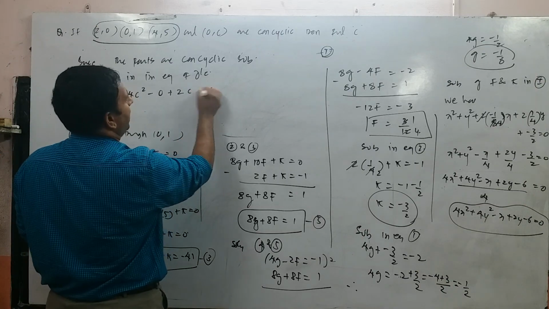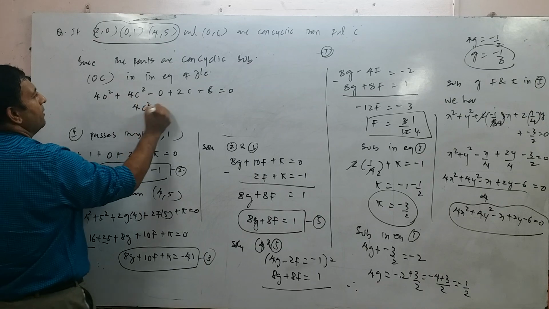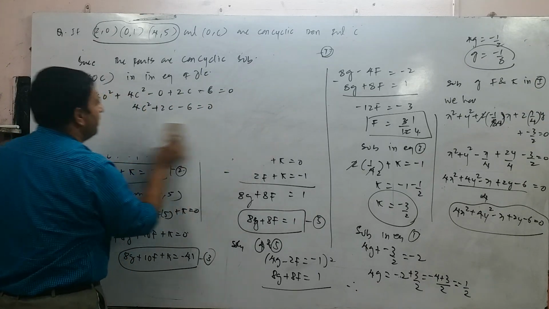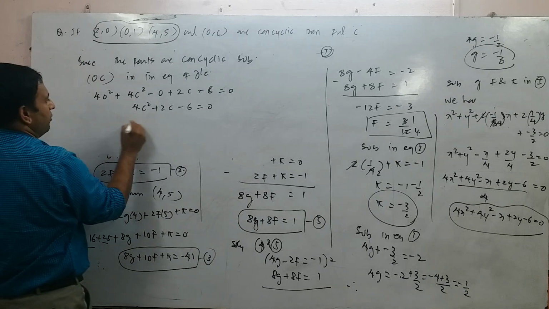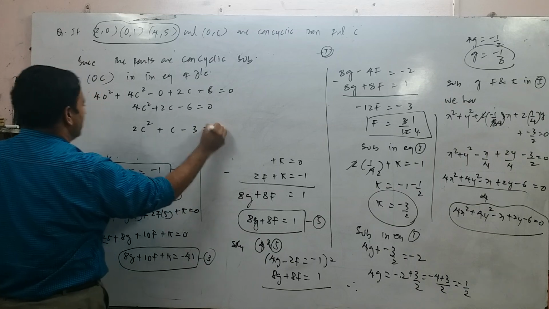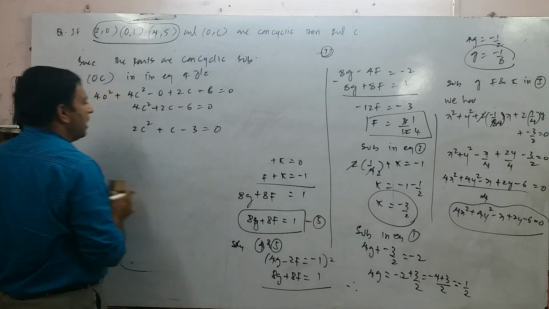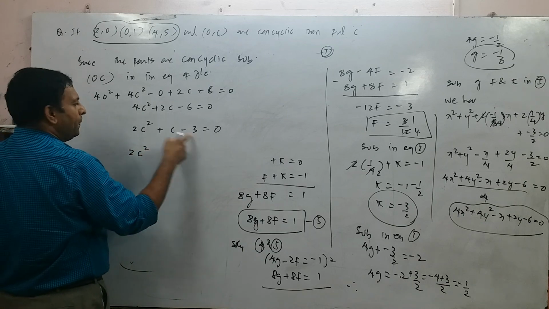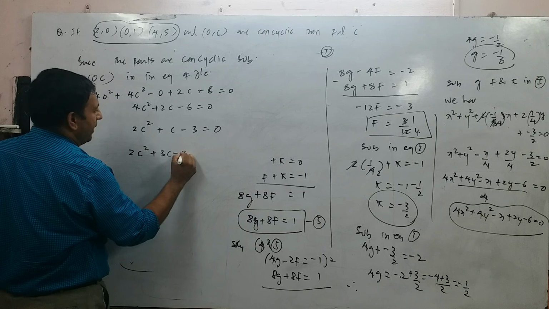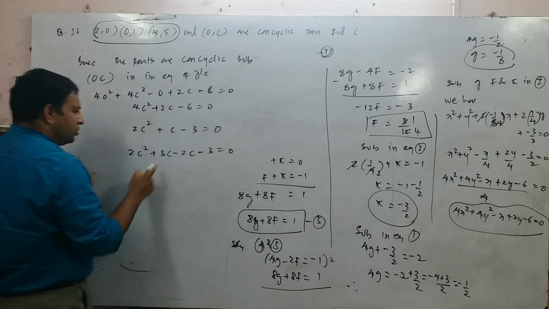plus minus 6 is equal to 0. So you are left with 4c square plus 2c minus 6 is equal to 0. Now you can divide the equation by 2. When you divide by 2, it is 2c square plus c minus 3 is equal to 0. Now can you take any factors? Yes sir, very much possible. How will you take the factors? It is 2c square, 2 3s are minus 6, and you have plus c. So it is 3c minus 2c. 3c minus 2c is c. Minus 3 is equal to 0.